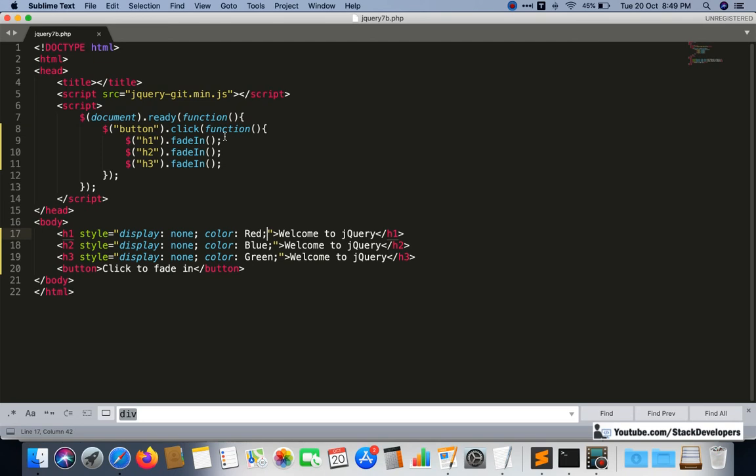Now I'm going to use the options. The speed option I'm going to use, like slow, and here I will use fast. Fast it will come, and here I will use the milliseconds, like 2000.